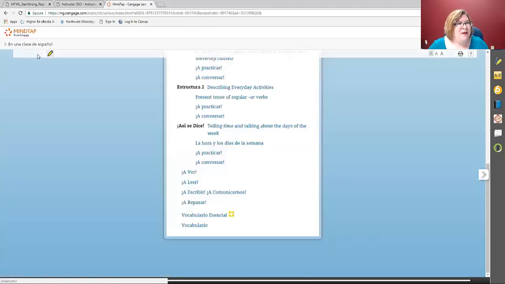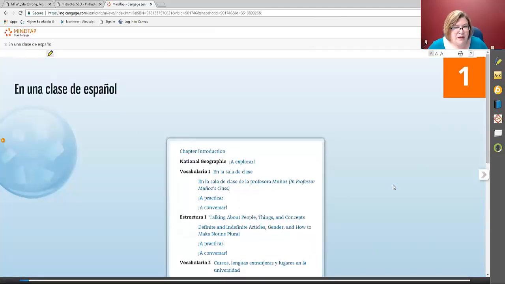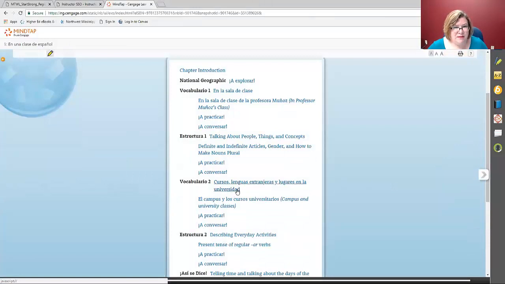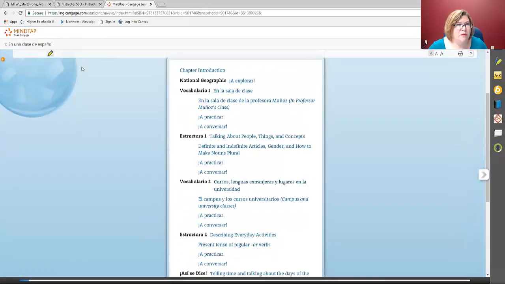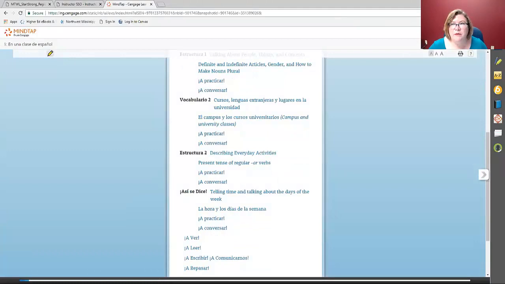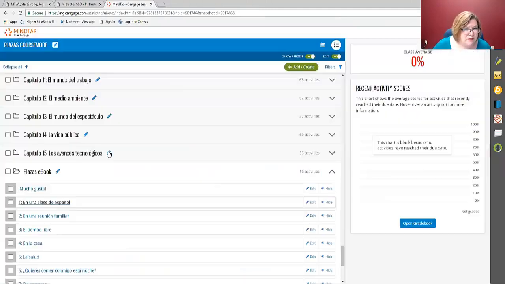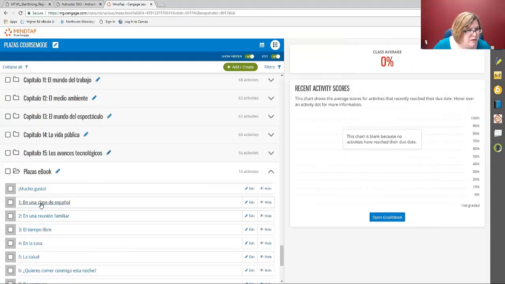Now, another thing I like to use when I'm talking about verbs, there's a website I like to use. Hold on. So verbs starting capítulo 1.